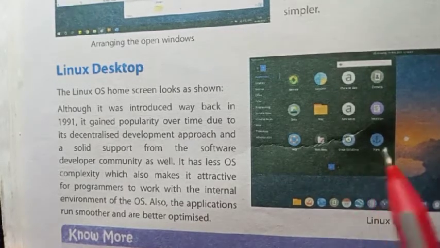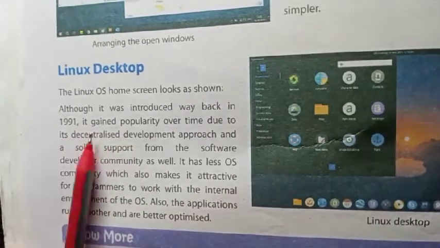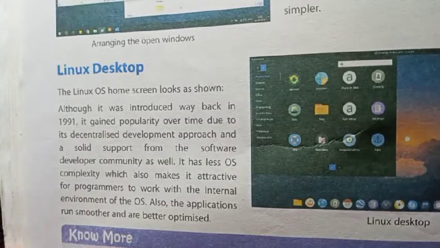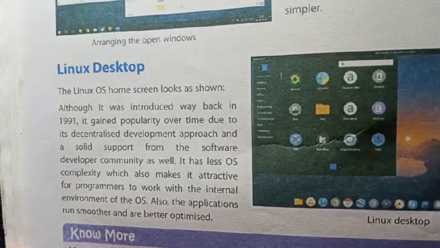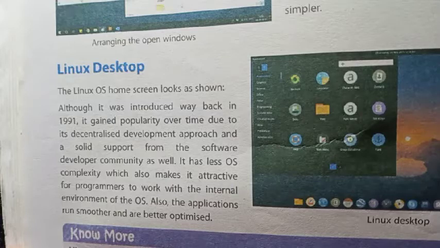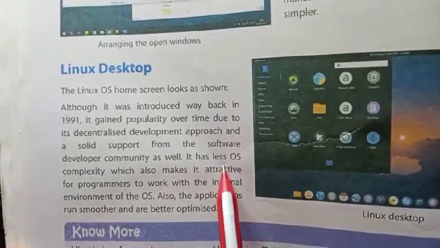Linux was introduced in 1991, but at that time it was not very popular. In time it gained popularity and became very famous software. Why is it so famous? It became famous because it has less complexity.